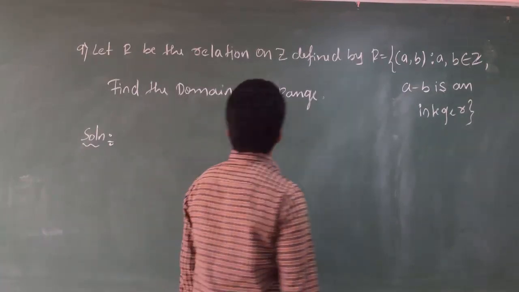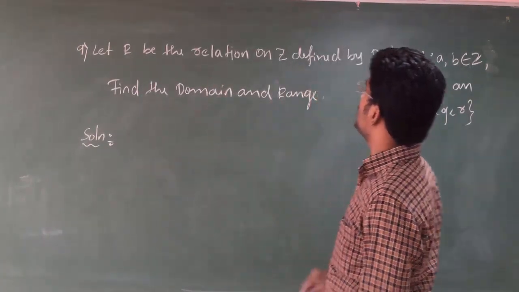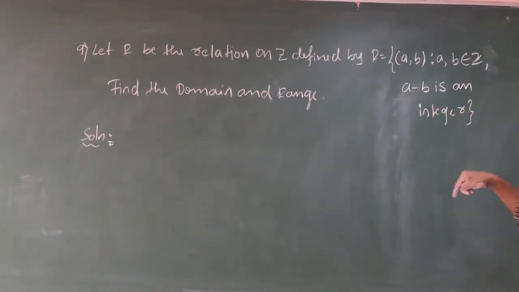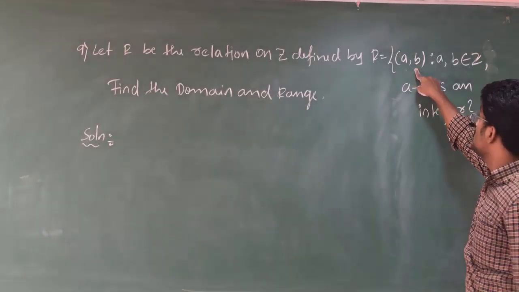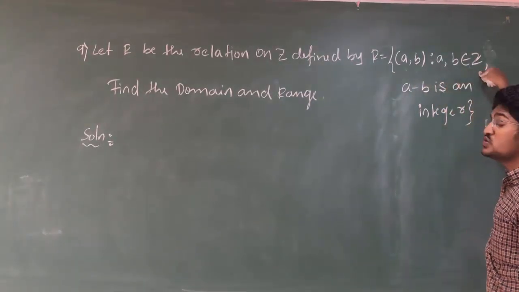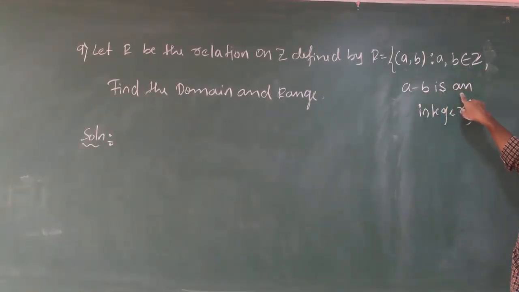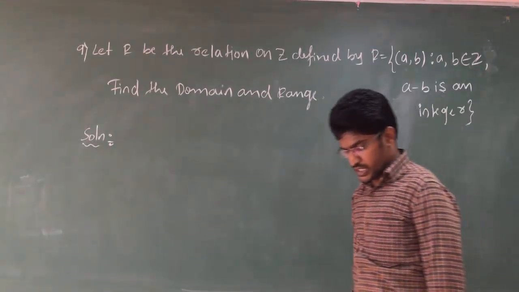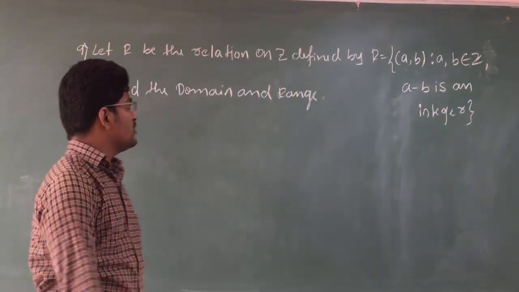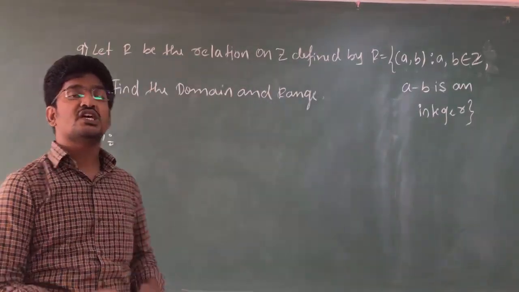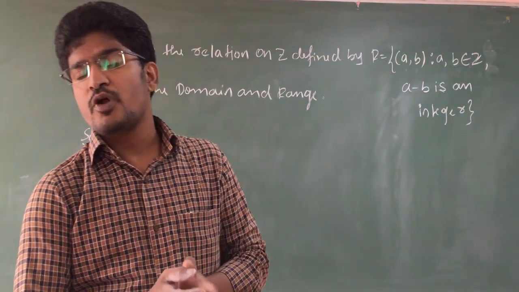Here, what they are asking: let R be the relation on Z defined by R equals the ordered pair (A, B) such that A, B belong to Z, Z meaning integers, and A minus B is an integer. Okay, students. So here, in each and every problem I have written in roster form,